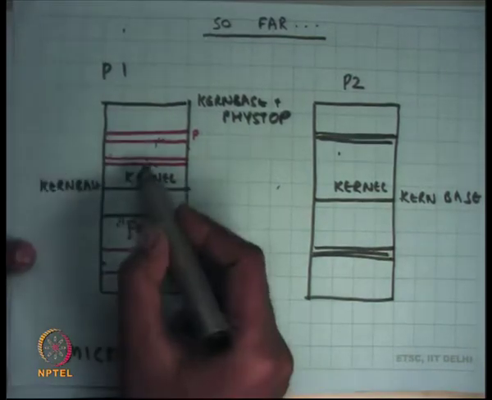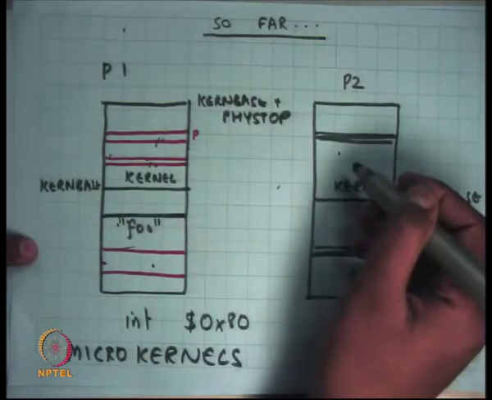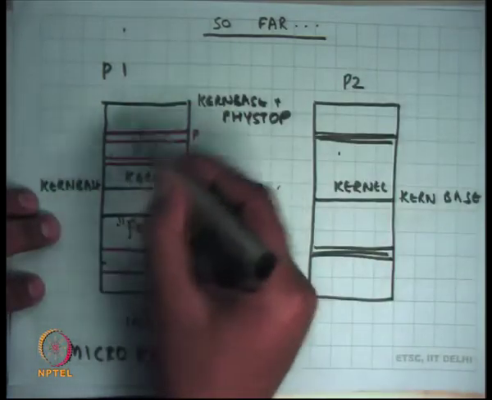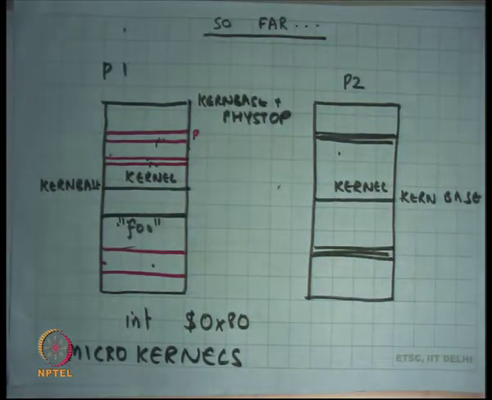Right. So the free list itself is in the kernel space, and so even if you switch to P2, the free list remains just where it was, right? So all the data structures to do all this bookkeeping are living in the kernel space, and because kernel space is shared between all the processes, information is not lost. The kernel's information remains.